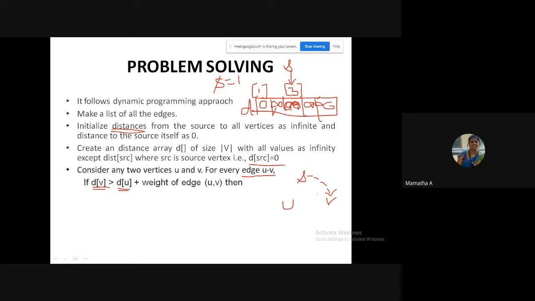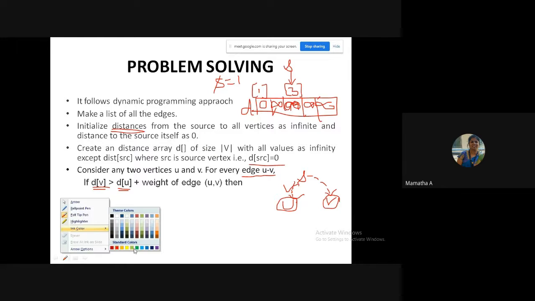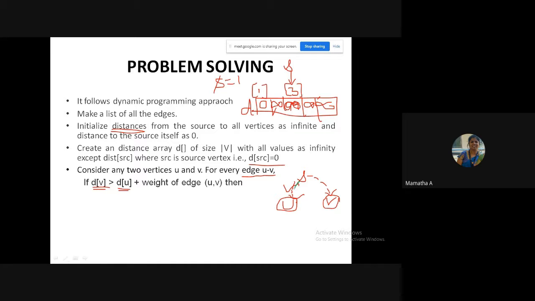Now what will I check? Whether I am able to reach V through which vertex? Which is the intermediate vertex for reaching V in my case? U. Can I reach it via U? So what will I take? I'll take du. Du is the distance between S to U. I will compute, right? Hope you are all getting it? Yes. So distance between S to U plus weight of the edge U to V.